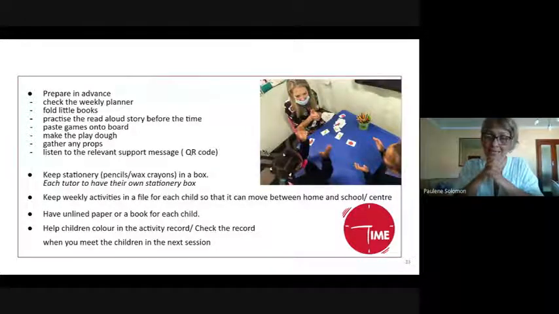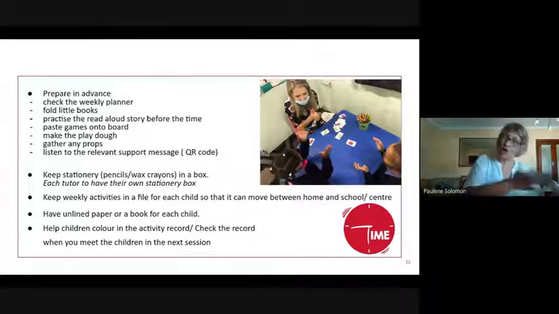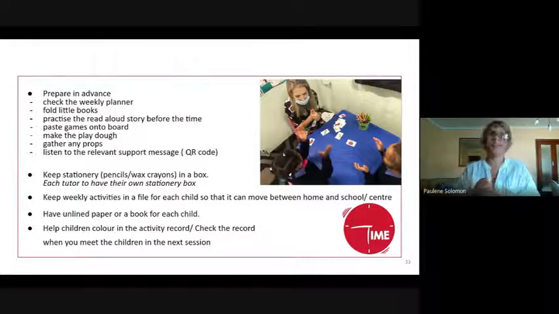Also mentioned was pasting games on board. Now, these materials are very affordable. So if the things don't come back, I'm not saying we want to encourage children to lose things, but it is paper, and it is nice to have the games a little bit more secure so that you can use them over and over again.